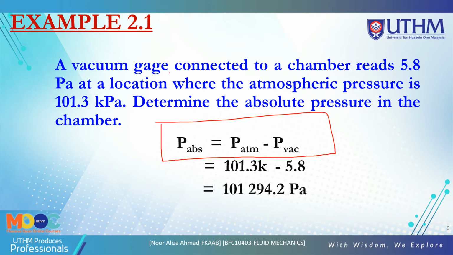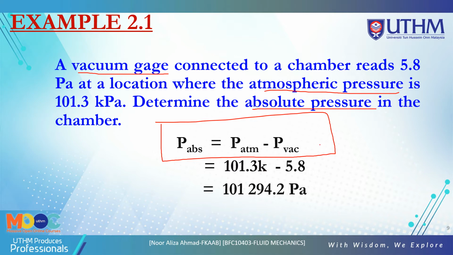A vacuum gauge connected to a chamber reads 5.8 Pascal at a location where the atmospheric pressure is 101.3 kilopascal. Determine the absolute pressure in the chamber. To find the absolute pressure,